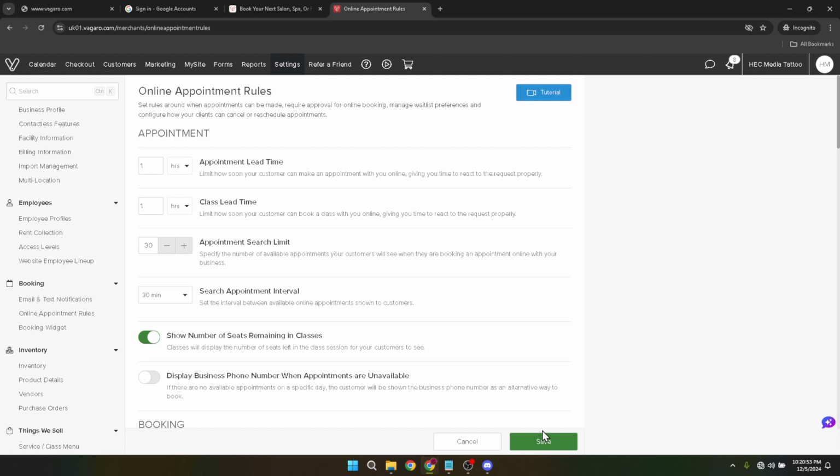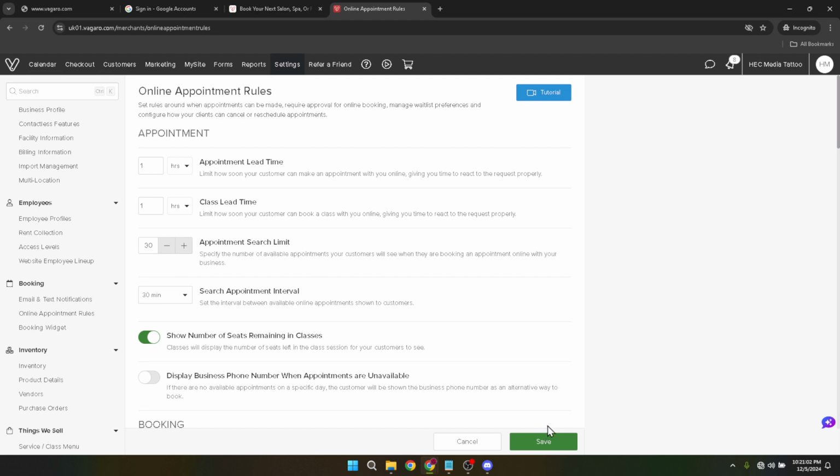With this feature enabled, your clients can now effortlessly book appointments with you online, a convenience that benefits both you and them. Not only does this make your business more accessible, but it also significantly reduces the administrative load on you and your staff, automating what used to be a time-consuming process.